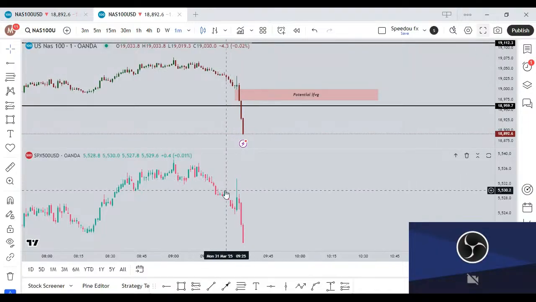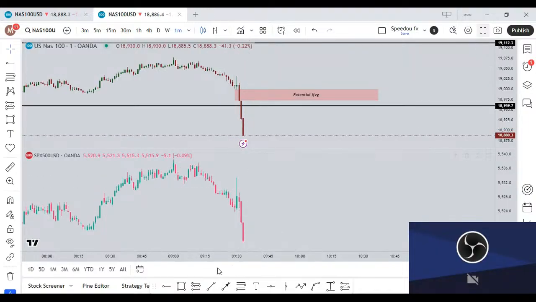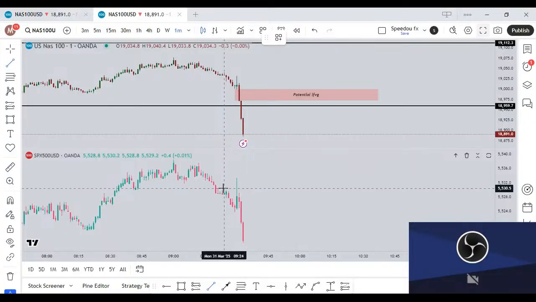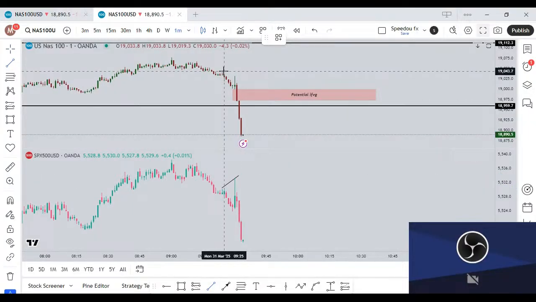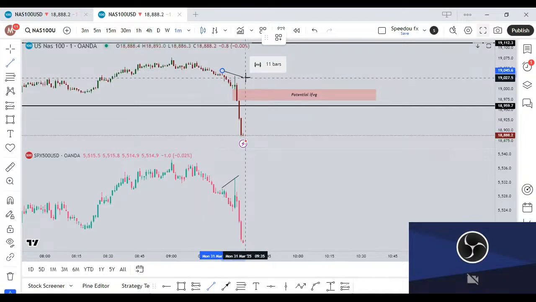We have a very minor SMT divergence between SP500 and NASDAQ. SP500 is taking this high, while NASDAQ is failing to take out this high. So that is a bit of